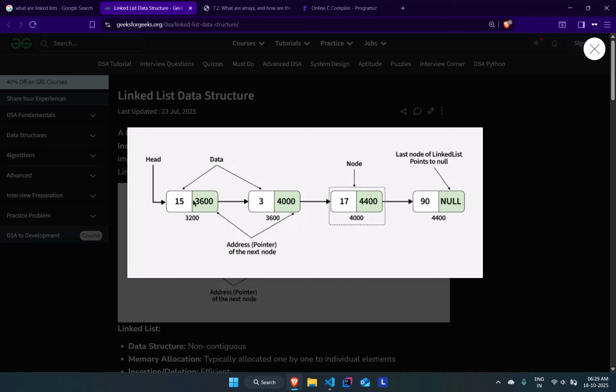4 bytes. And how many bytes will the data be? 4 bytes. So the total size of this one node is what? 8 bytes. So the total size of these 4 nodes is what? 8 into 4, that is 32 bytes. Okay, so now, the first time you see linked lists and memory allocation, you'll find out